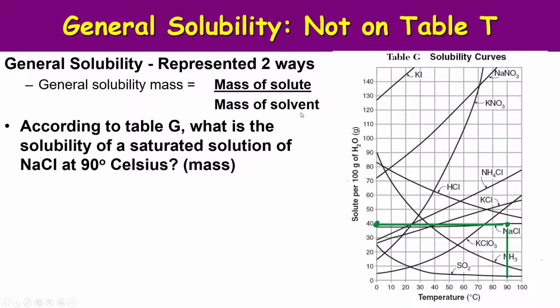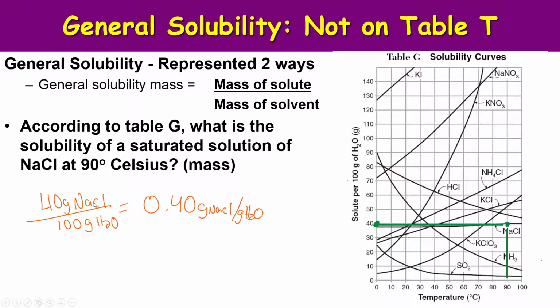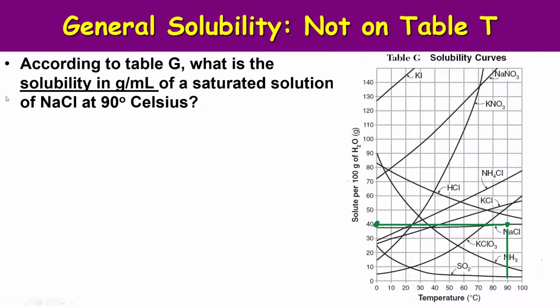So that's where we get this denominator from. So the 40 goes up here, the denominator of 100 grams goes down here, and if we set up the problem, we get 40 over 100, which gives us a ratio of 0.40 grams of NaCl per 1 gram of water. Super easy. We can look at the other formula, which is now talking about general solubility in terms of